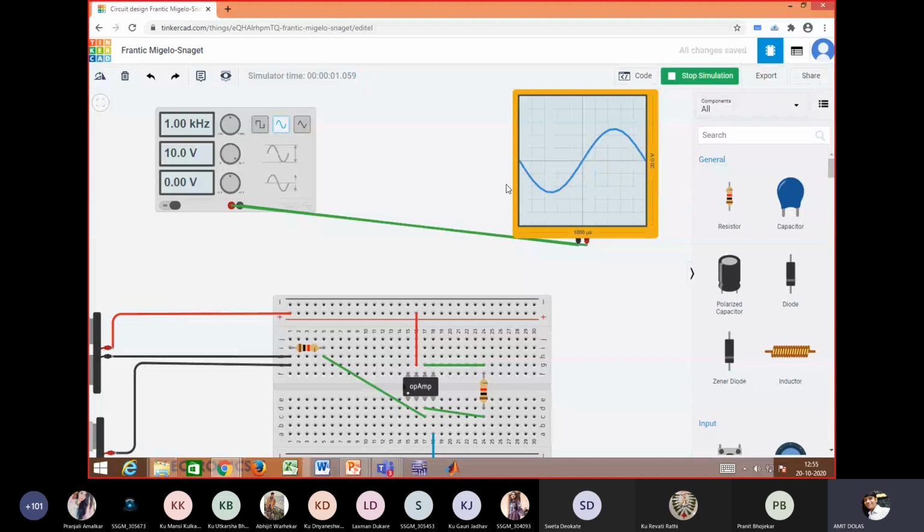Let me make it 1 millisecond. So we have the zero line. It shows 20 volt here.